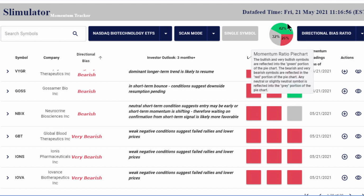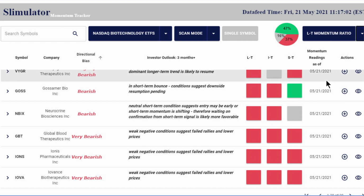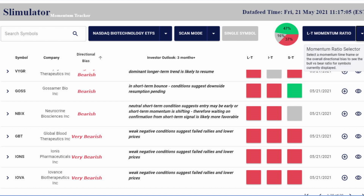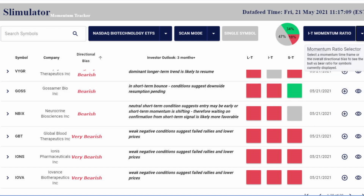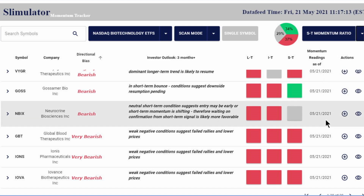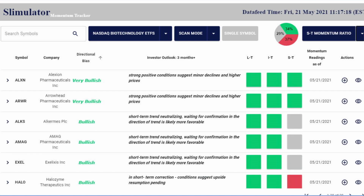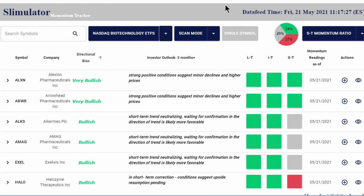You can look at this pie chart. You can take a look at, well, what's the percentages of the long term? Well, it's pretty mixed again, as you can see. When you look at the intermediate term, very mixed, a little bit more positive maybe. And when you look at the short term, well, it's all pretty mixed. This is a pretty mixed group when you look at that in the biotechs. Remember, these are all different groups that you can look at when using the Slimulator